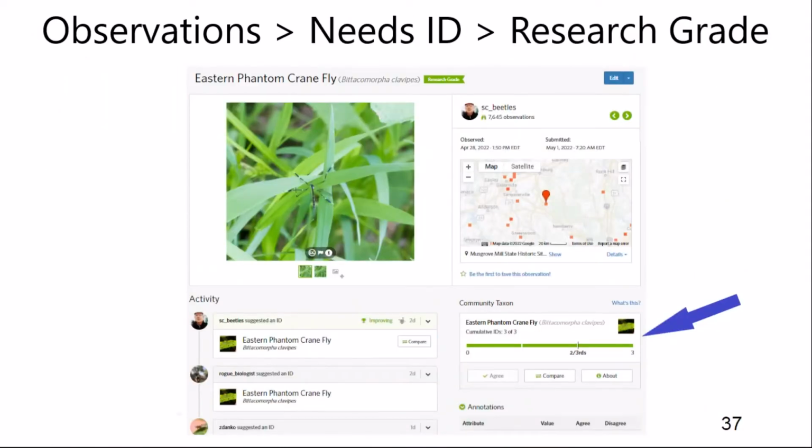Okay, so here's just a picture of a phantom crane fly I took a while ago, and when it first goes in, it needs ID, and then every time somebody goes in there and says, "Yep, I think that's what it is," they flag it, they hit agree, and once it gets up to 3, it gets the little research grade flag. So now it's still possible that that's wrong, but